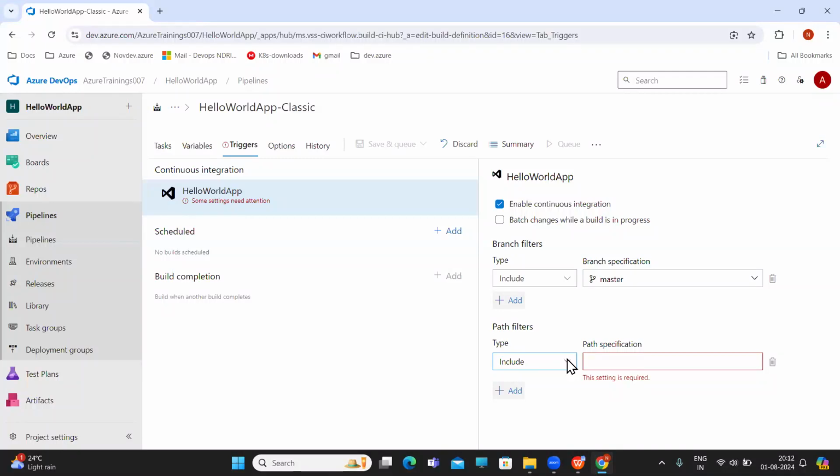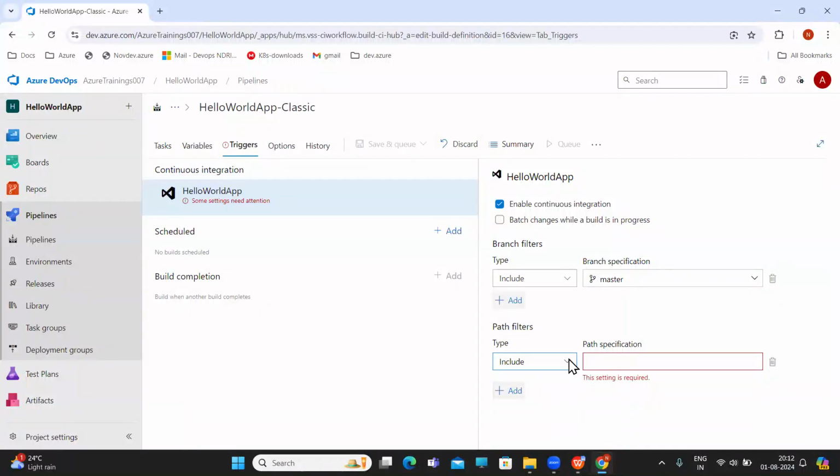So in that case, I can put a criteria saying I can create a particular file as part of all the commits, right? As soon as a commit happens to that particular file, you can specify this. Then only go and